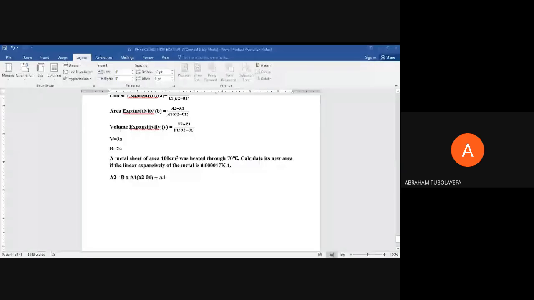When you release that body, it will begin to convert that potential energy to kinetic energy until it touches the ground, and just before it touches the ground, it has been converted to kinetic energy. I hope you know the formula for potential and kinetic energy. The formula for potential energy is mgh, while the formula for kinetic energy is half mv squared. m is the mass, v is the velocity. So if you are told to calculate the kinetic energy of a fluid,